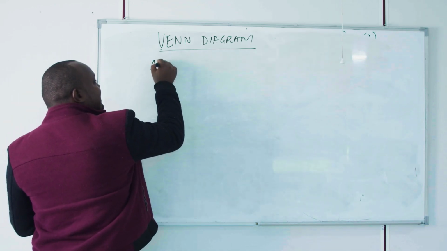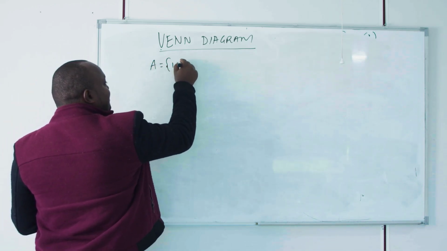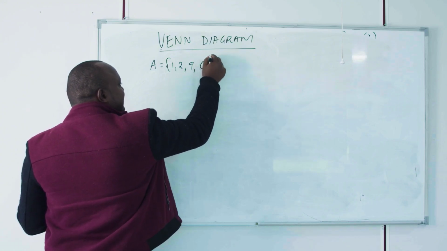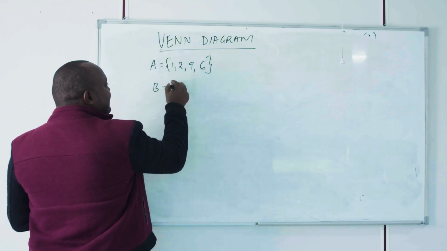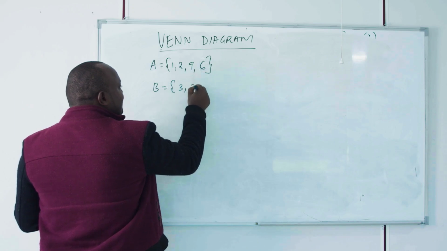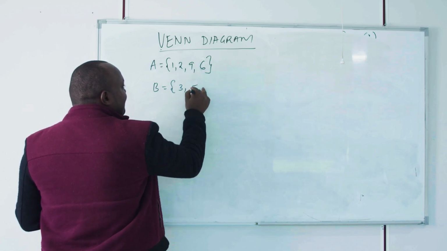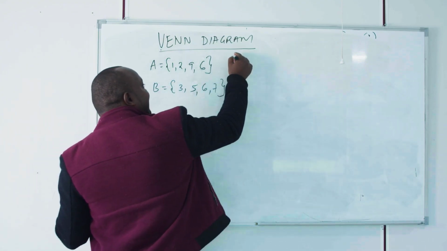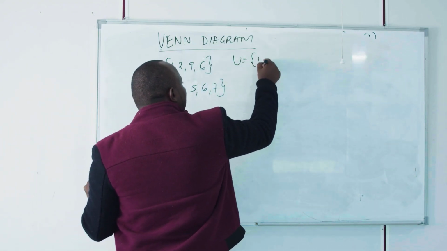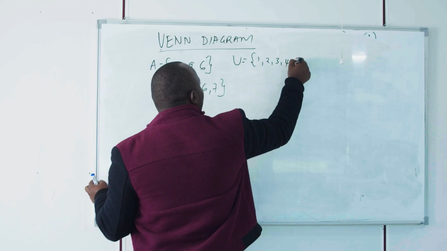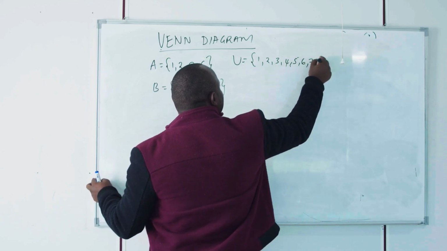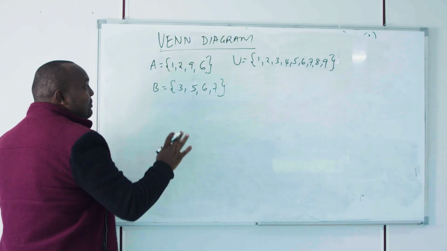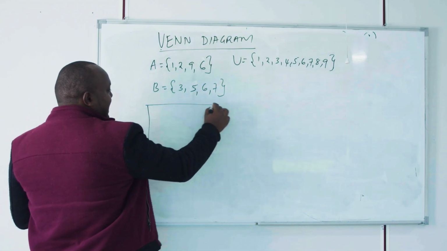We said, assume you have set A, which has 1, 2, 9, 7, 9, 6. And assume you have set B, which has 3, 5, 6, and 7. And then we have our universal set, the set under consideration, maybe it is 1, 2, 3, 4, 5, 6, 7, 8, and 9. So with this one, we said if you have to represent the above information in the Venn diagram,